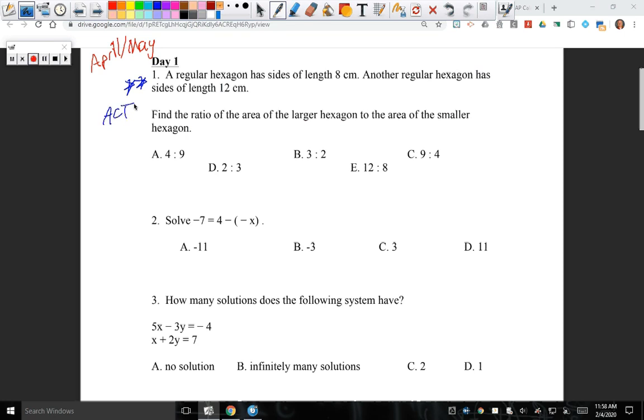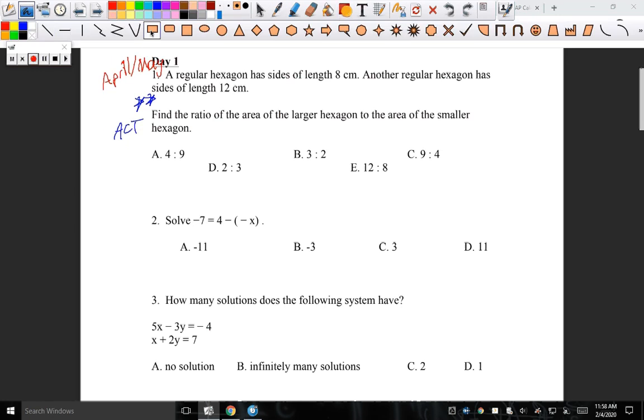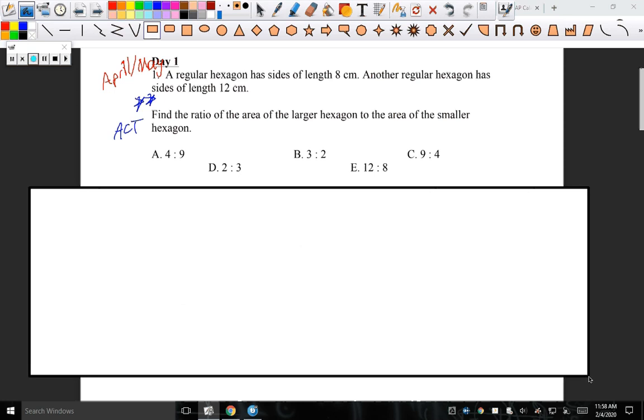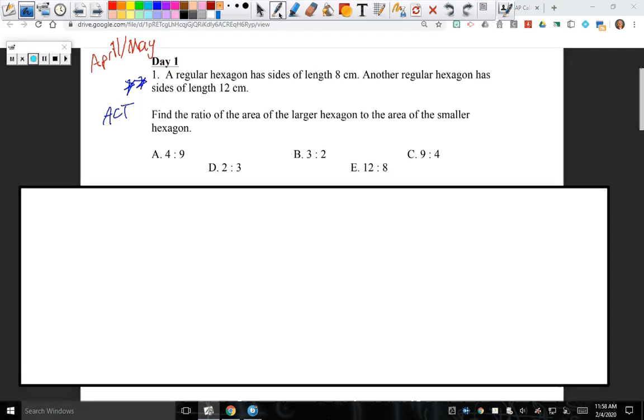Okay? So I have 2 regular hexagons, and just to remind you, regular means all the angles are the same and all the side lengths are the same. So a regular hexagon, something like this, all of these would be equal. Okay? All of these angles would be equal. To find the area, you could divide this out into many equilateral triangles and then multiply by 6, or you can just do the